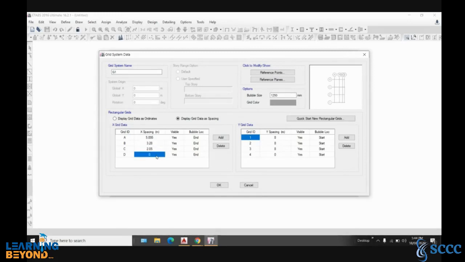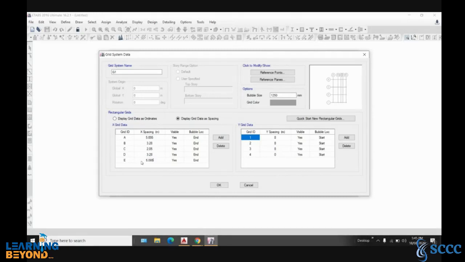And here it will be again 3.28. Then another has to be added, so click on add. E will be added, and it will be 2.05, 3.28, and finally 5.095.